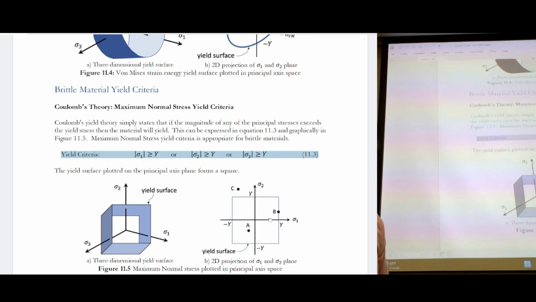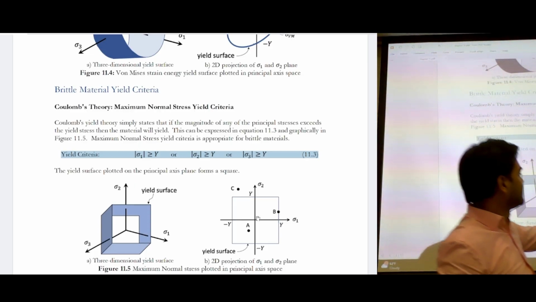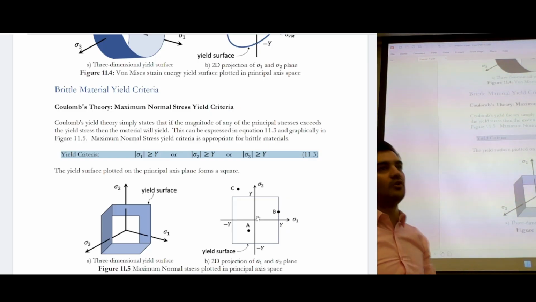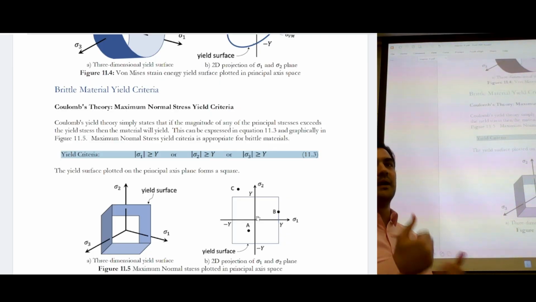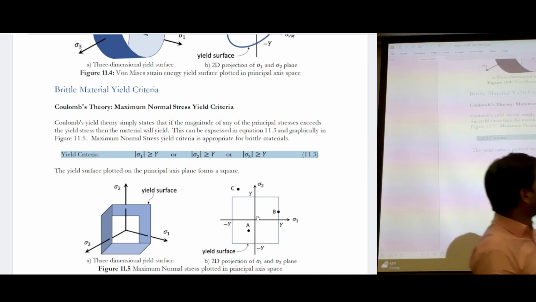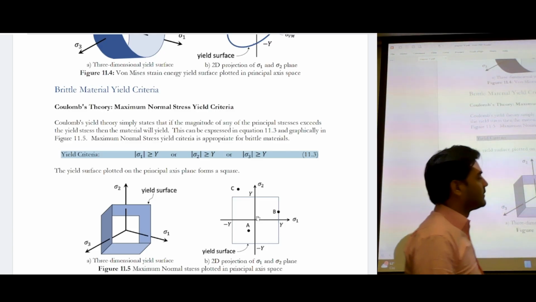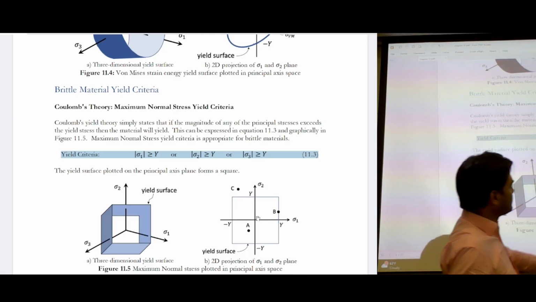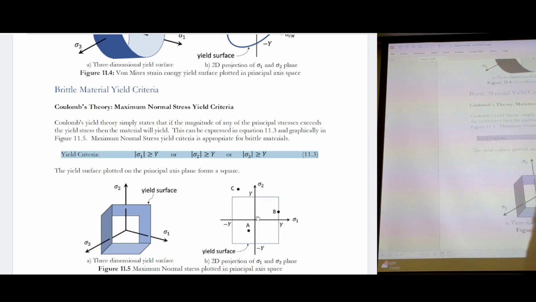We're going to just talk about yield surfaces. A yield surface, just like a Mohr circle, is a graphical representation of the stresses. So we can just visually see the stresses, and we can extract maximum shear stresses and maximum normal stresses without using the equations. The yield surface is also a graphical way to figure out if we will observe yielding or not. We can just plot these stresses, stress 1 and stress 2, on the x and y axes, and then we can just draw this